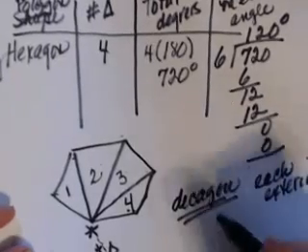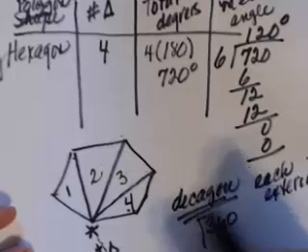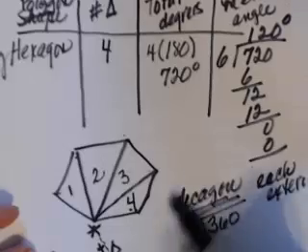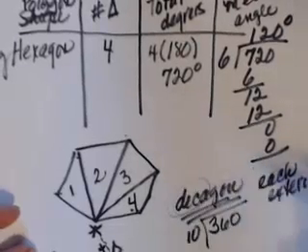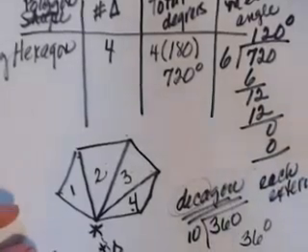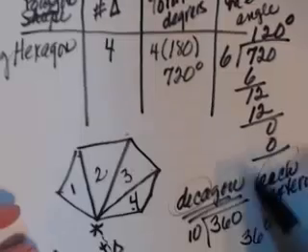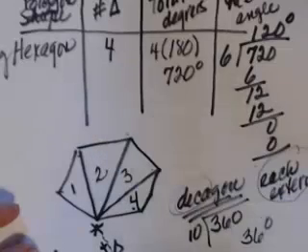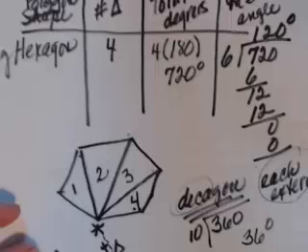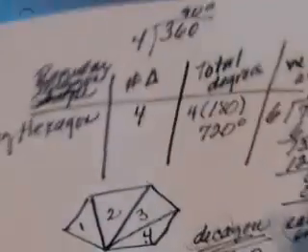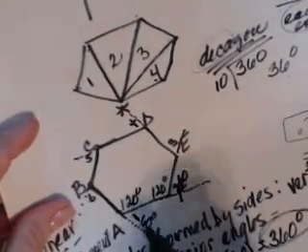So all you have to do is take 360 and divide it by the number of angles you would have. So in a decagon there would be 10. So 360 divided by 10 would mean that each exterior angle would be 36 degrees. So taking 360 divided by the number of sides, or the number of angles, will give you the measure of each exterior angle. So we have vertex angles